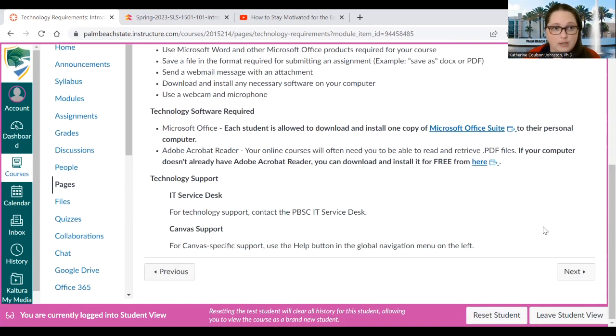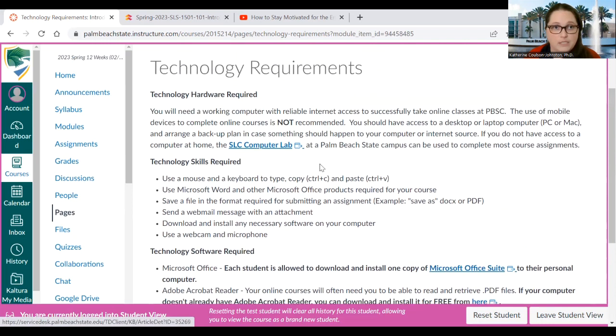There's also information about the IT help desk, but the Student Learning Center, the SLC, can be your best friend. The computer lab on campus is set up with several computers that you can go to and use. Again, as I said earlier, if you don't have a computer, you could always rent one from the library. Those are first come, first served, so the earlier you get to those, the better.